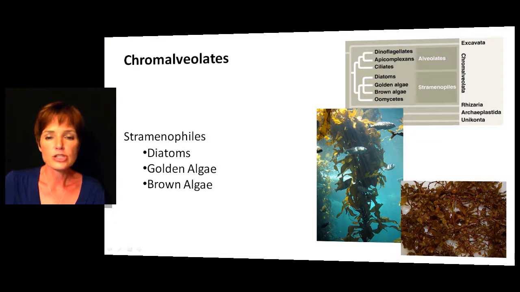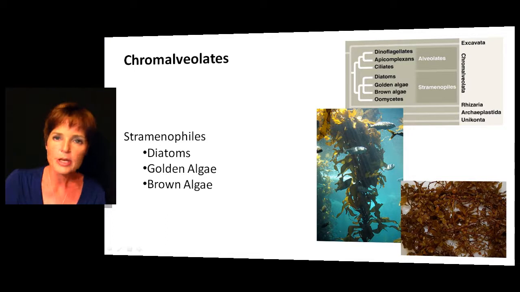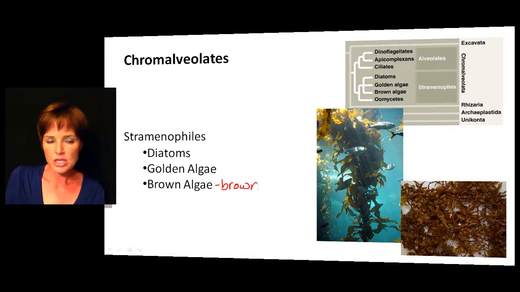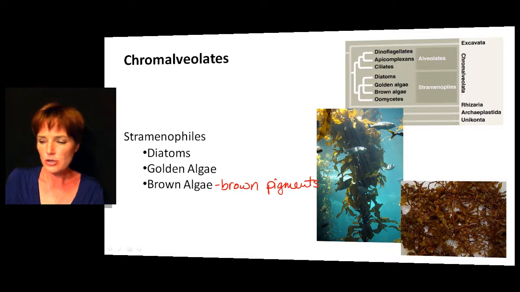And the brown algae are the largest of all of the algae. These can be hundreds of meters long. So these make up the giant sea kelp. So here you're starting to see some of the wide range of sizes that we have when we're talking about the protists. The brown algae have brown pigments, okay, which can give them the color for their name. Can also cause them to look kind of red or dark red. So it's not always